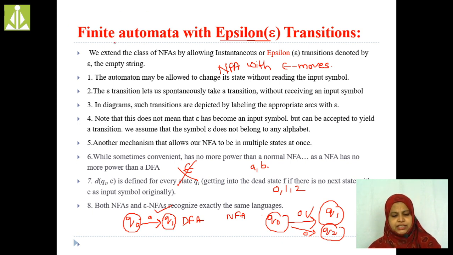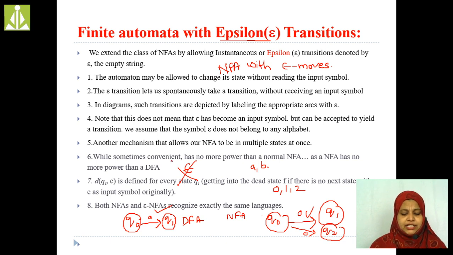And check this 7th point: delta of qi comma epsilon denotes, for every state qi, a dead state if there is no next state with epsilon as input symbol originally. Here, if we do not apply any input symbol on a state, then that particular state is known as the dead state. In such cases, if we apply the epsilon symbol on that state, the state is going to change,